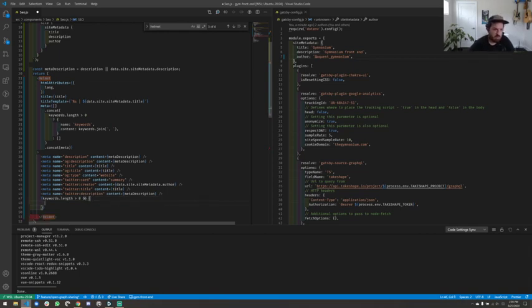This is going to be meta name equals keywords, and content equals keywords.join. So that's making a comma separated list of keywords, and if there are no keywords, we'll just let that be. Okay.